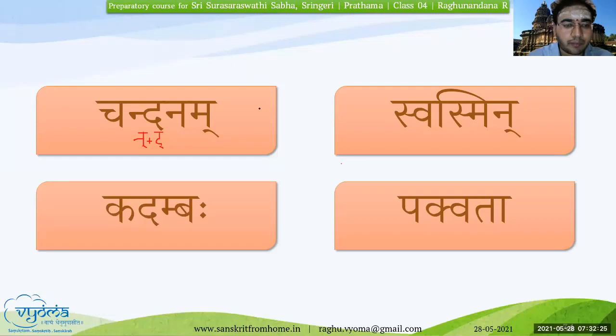Okay, the last word for you. Kadambaha. M plus ba. Very good. Kadambaha. Beautifully recited. Dhanyavadaha, Sakshi Bhagini. Now write down these words in your notebooks as well. I will also give it as homework towards the end of the class. Identify, underline or highlight the letters that are the Samyukta Aksharas. In this way, as soon as we look at the script, we'll be able to identify if it is a Samyukta Aksharam or not.